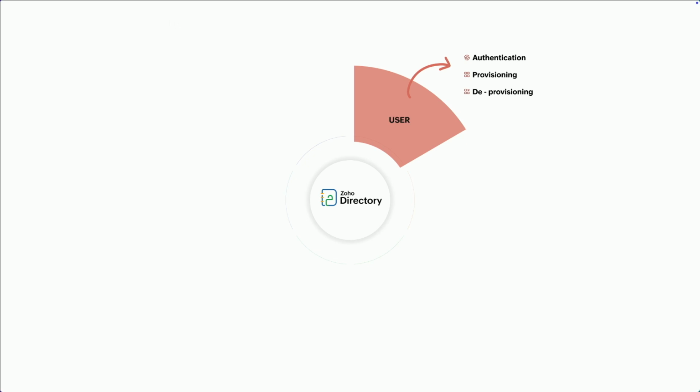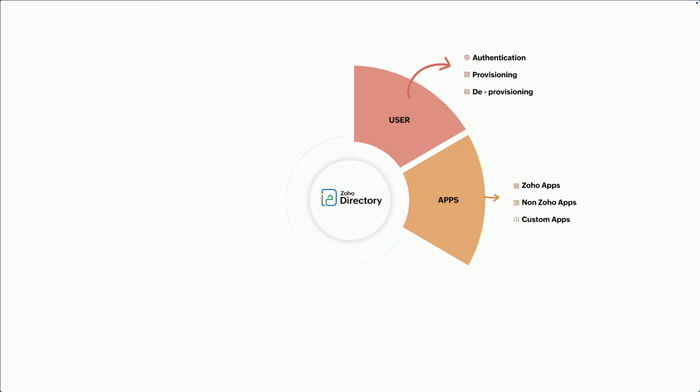We talked about the hotel example, right? So Zoho Directory can issue your user identity. It can help you with authentication, authorization, and also provisioning, deprovisioning, etc. And it can also manage your apps. This is very critical. Without app management, any kind of directory falls flat. It's like giving the access card, but the hotel doesn't have any room. So Zoho Directory can not only manage your Zoho apps, but it can also manage your third-party apps and custom apps. Third-party apps are all the popular apps outside, like Monday.com, Asana, Atlassian, Jira, or Salesforce,